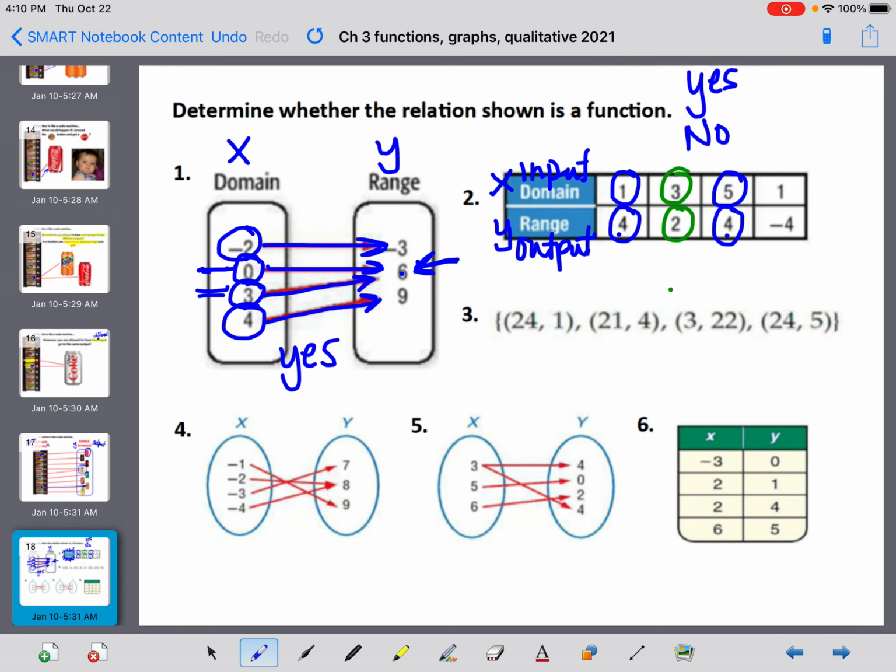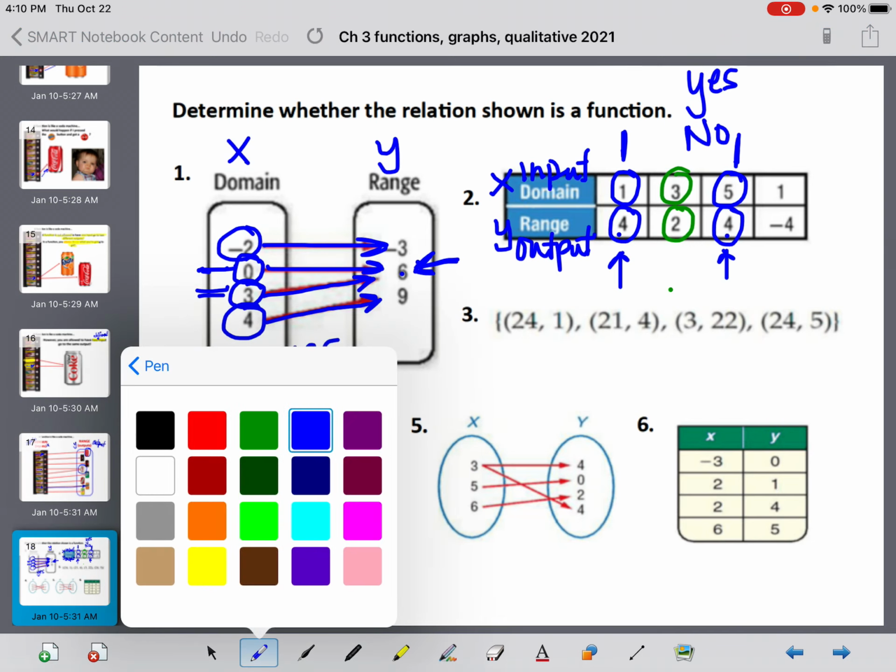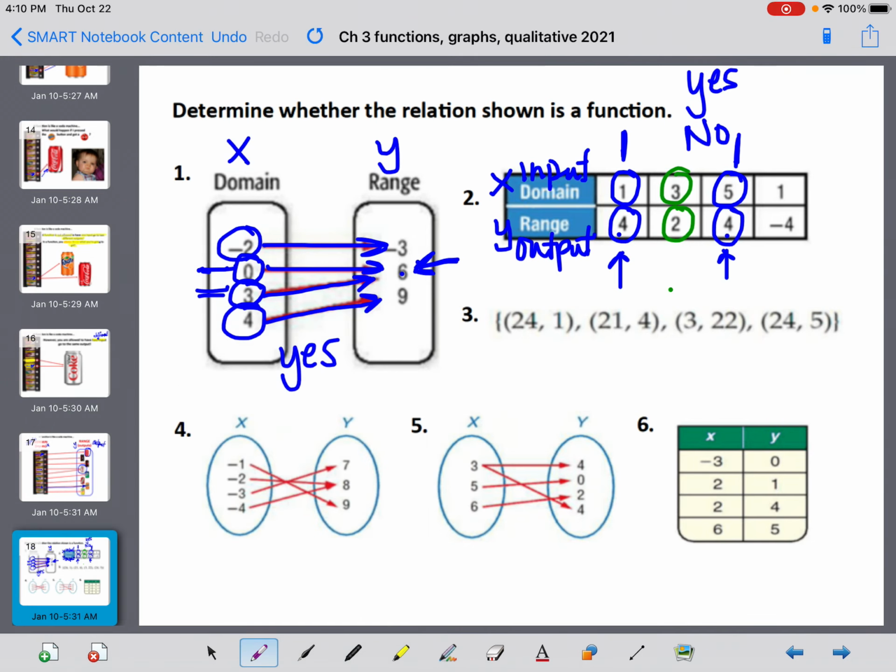Oh, here's two numbers that are the same, but they're my output numbers, right? Is it okay to have two different inputs give me the same output? Yes, that is okay. But when I move on to the next one, I have another 1, but this time